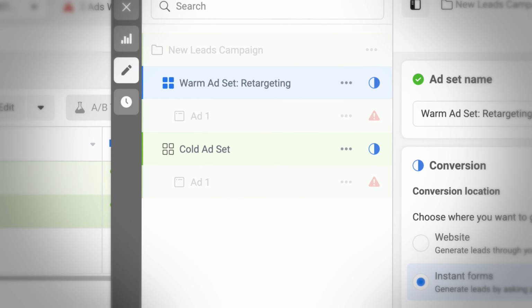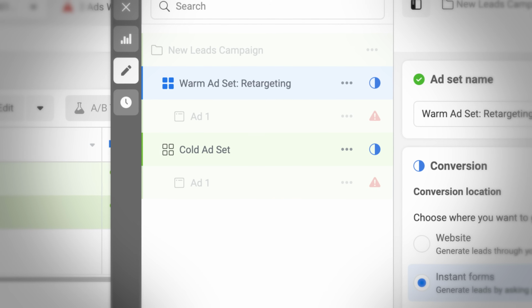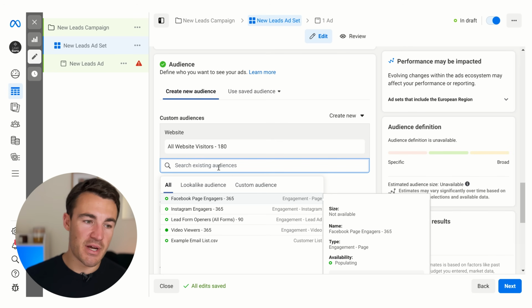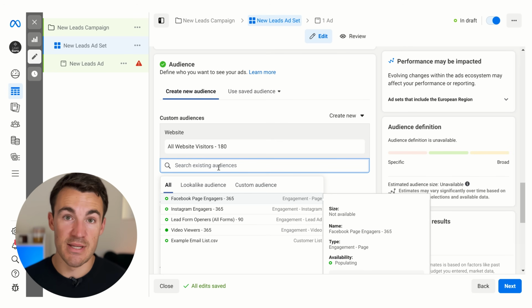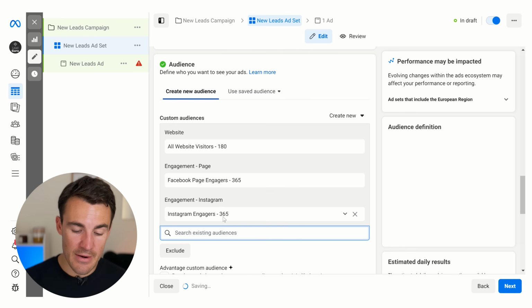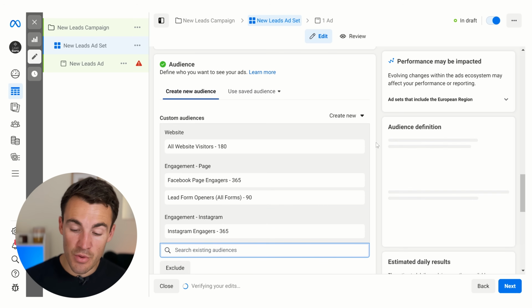Now, when it comes to retargeting, what I'd usually recommend is that you have a separate retargeting ad set, maybe even a separate campaign to your cold audience targeting. You don't want to mix and match these in. And in fact, it doesn't really work to mix and match these in, and I'll explain why in a second. So because we've got a separate retargeting ad set, I think it's best to put in all your retargeting audiences into this one ad set. So we'd go ahead and basically go through and just add all of these ones in that are relevant